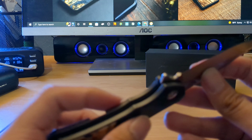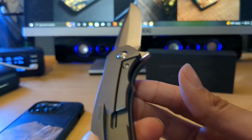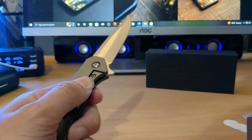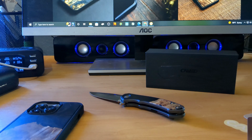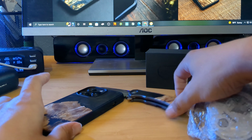Usually you'll see the knives will have a little ridge on the inside to bring the knife back down, so I'll have to definitely figure that out before I stab myself or hurt myself. But let's go ahead and put that down for now. And the last item, and we'll go ahead and leave those two other items out here,